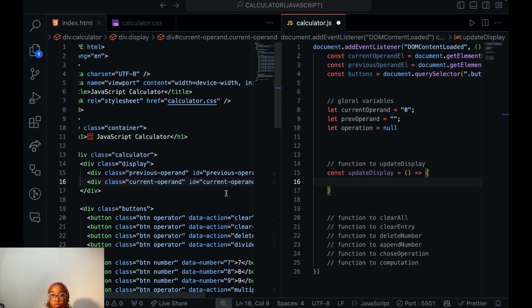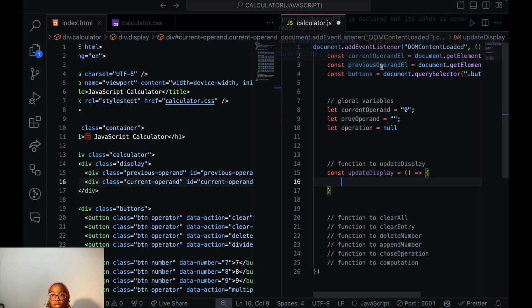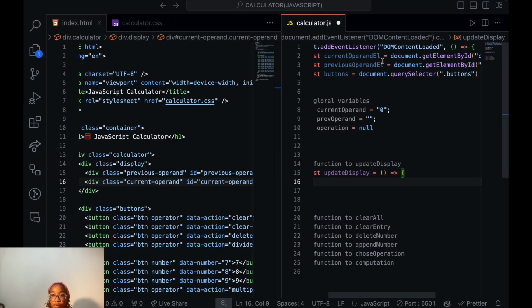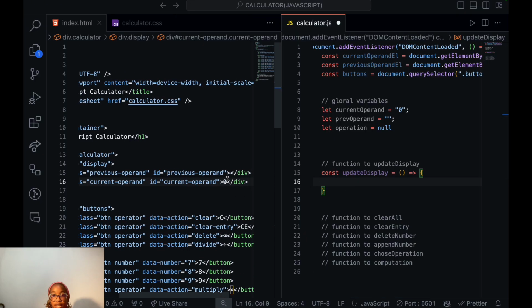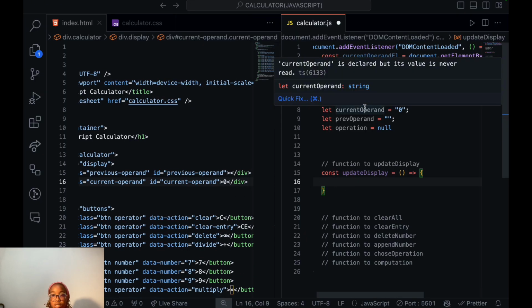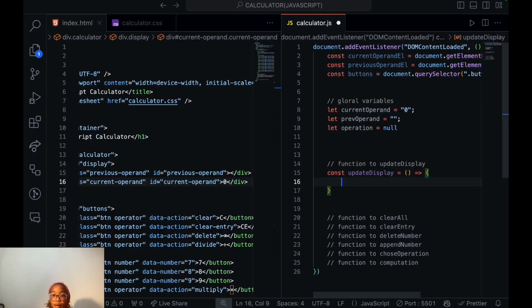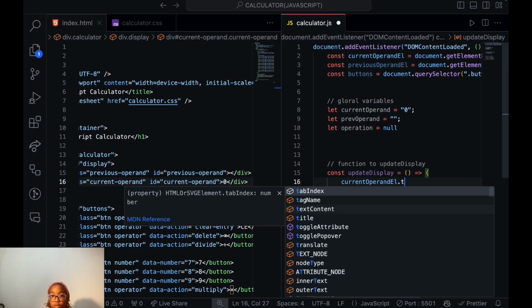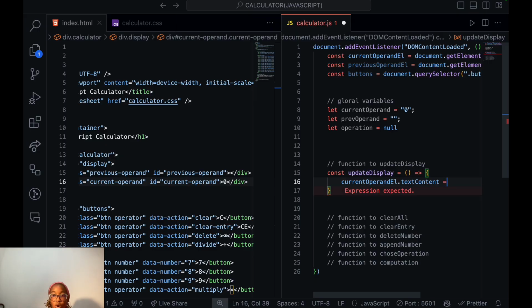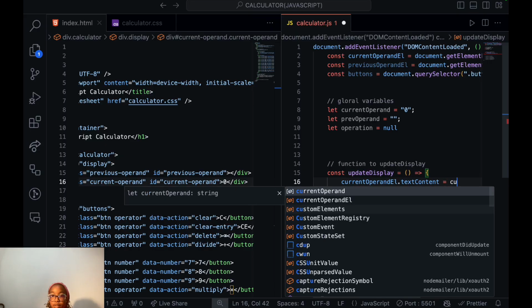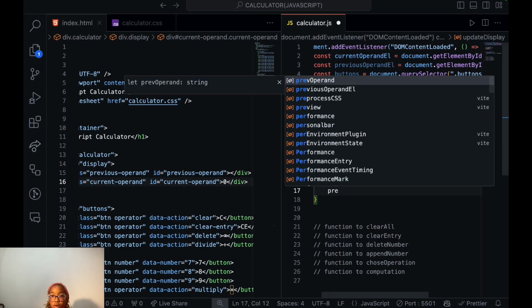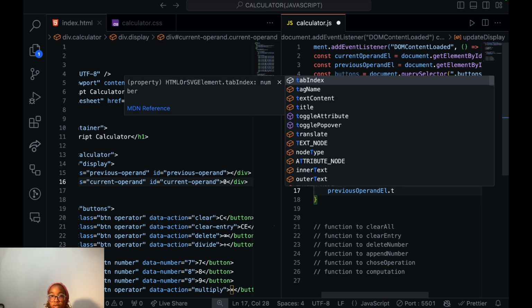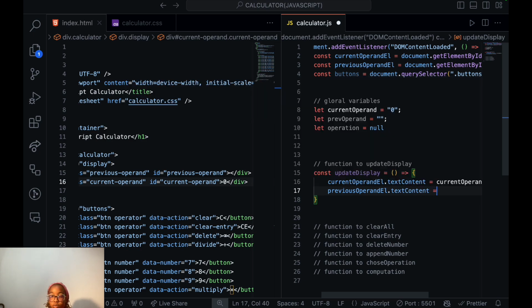The next thing is that we were able to define our current operand element. So we want a situation whereby they'll be displayed, so we have to link it to our global operand. So current operand element's text content will be equal to current operand, then our previous operand element's text content will be equal to